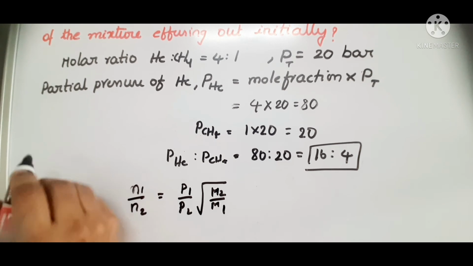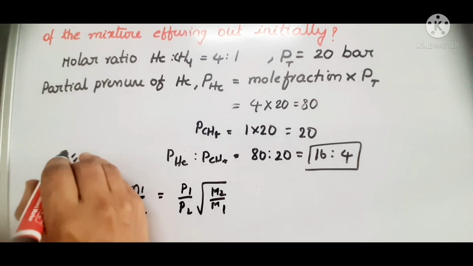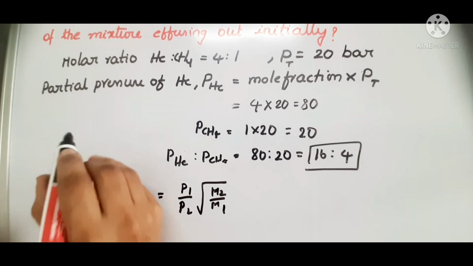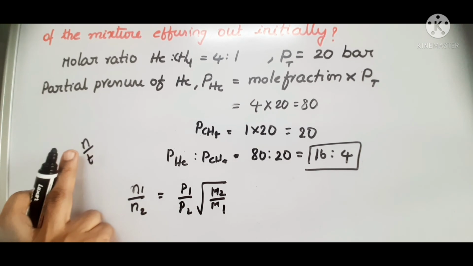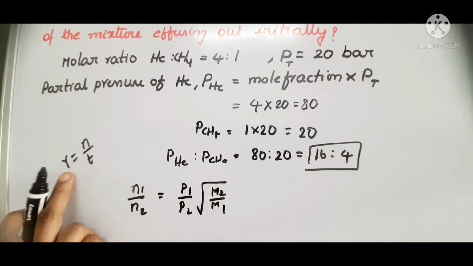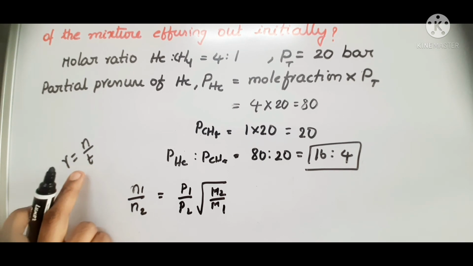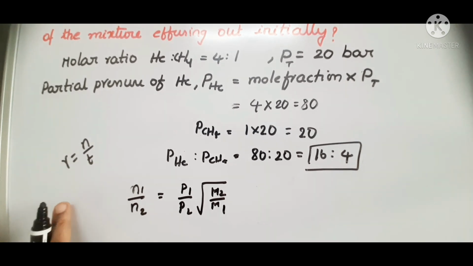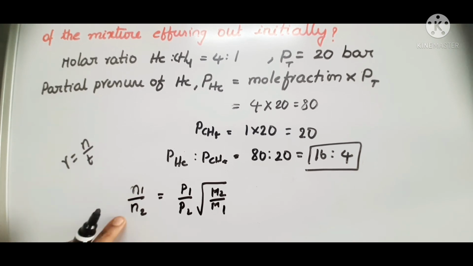Why? Because the rate of diffusion R equal to N by T, when N moles of gas diffuse in time T, right? In that way R1 equal to N1 by T1, R2 equal to N2 by T2, but T1 and T2 are here the same, and in the question time is not mentioned, right? So T is kept constant and R1 by R2 becomes N1 by N2. So you have the details here.